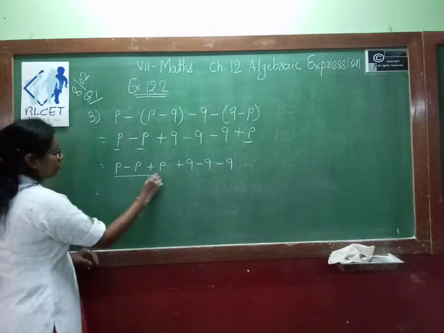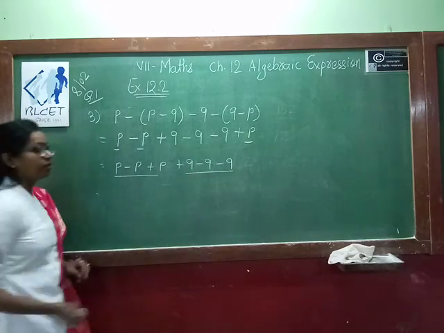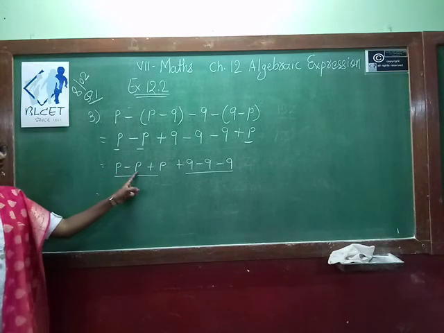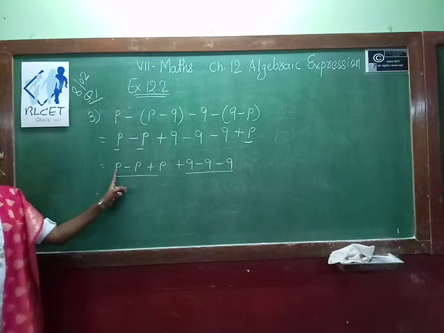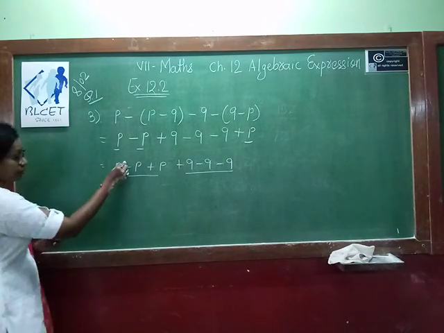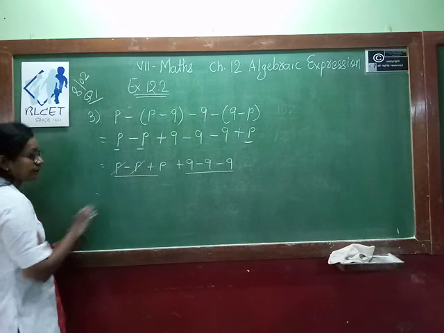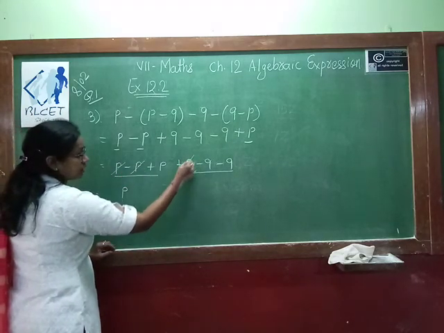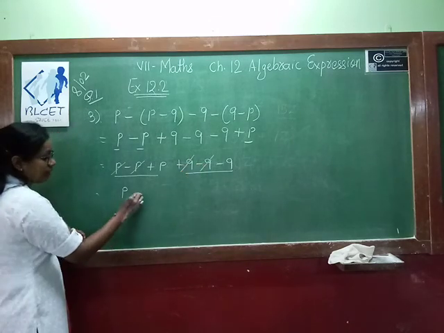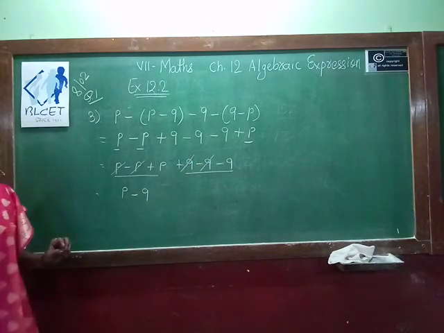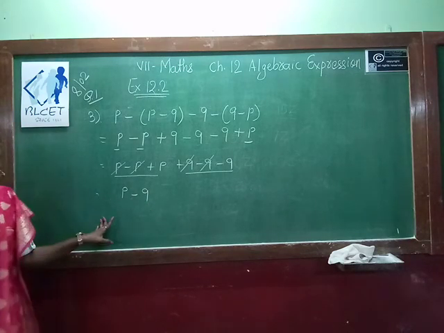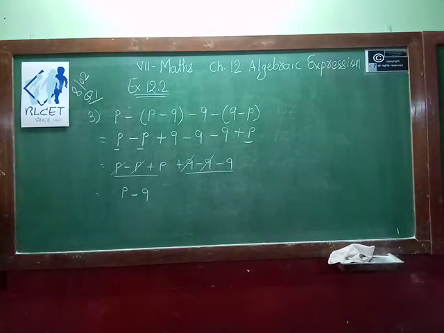Now we do the addition of these three terms and of these three terms. So here we know that the coefficient of p is 1, here also a coefficient of 1. So 1 minus 1 will give you 0. So these two terms will get cancelled. So what is left? p. Here also plus q minus q. These two terms will get cancelled. So what is left? Minus q. So what is the answer? p minus q. So this way we can solve question number 3. Move on to the next question.